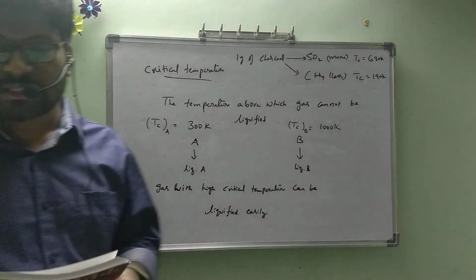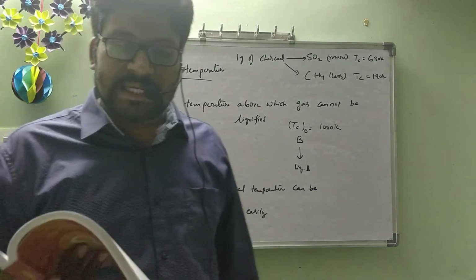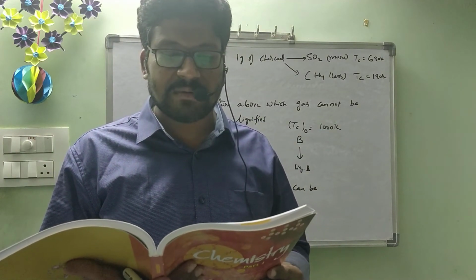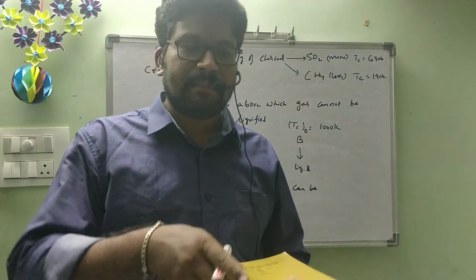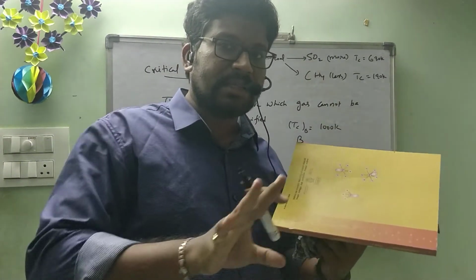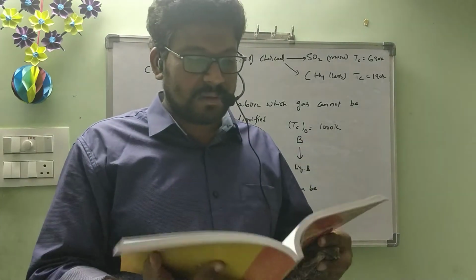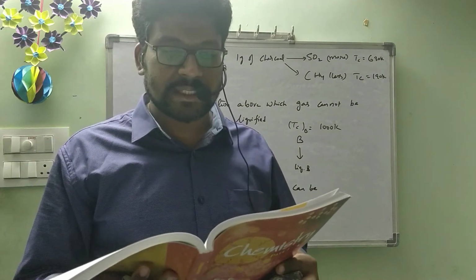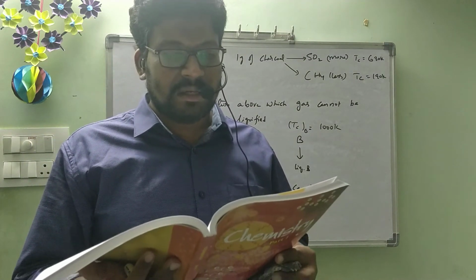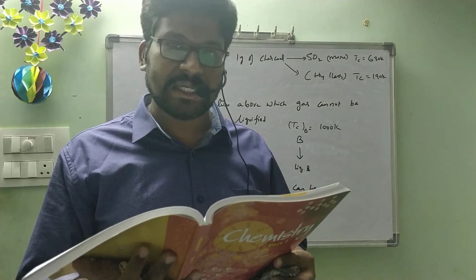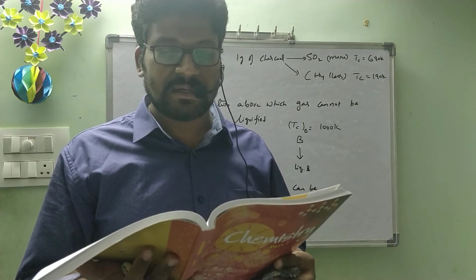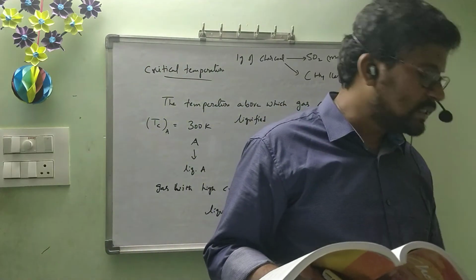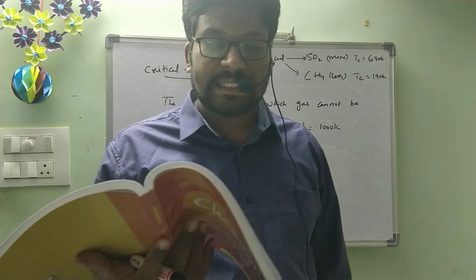Physical adsorption of a gas by a solid is generally reversible, so it can easily be converted back. More gas is adsorbed when pressure is increased, as the volume of the gas decreases. When high pressure is applied, more gas molecules will be adsorbed. That is Le Chatelier's principle. Since the adsorption process is exothermic, physical adsorption occurs readily at low temperature and decreases with increasing temperature. Surface area of adsorbent: the extent of adsorption increases with the increase of surface area of the adsorbent. Thus, finely divided metals and porous substances having large surface area are good adsorbents. Okay, next, enthalpy of adsorption.